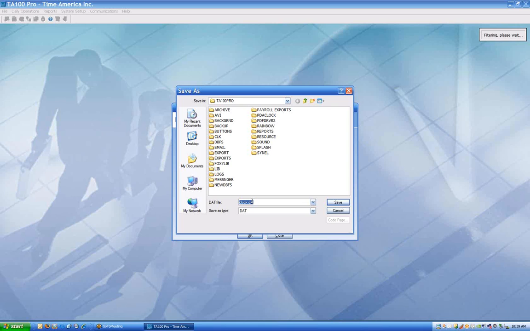Now, for my clients, I typically recommend that you create a folder, and it can be anywhere in their environment, that actually says payroll export. So all of their exports are going to drop into one folder. So such as I have here, payroll export, and then in my DAT file, what I typically recommend is that